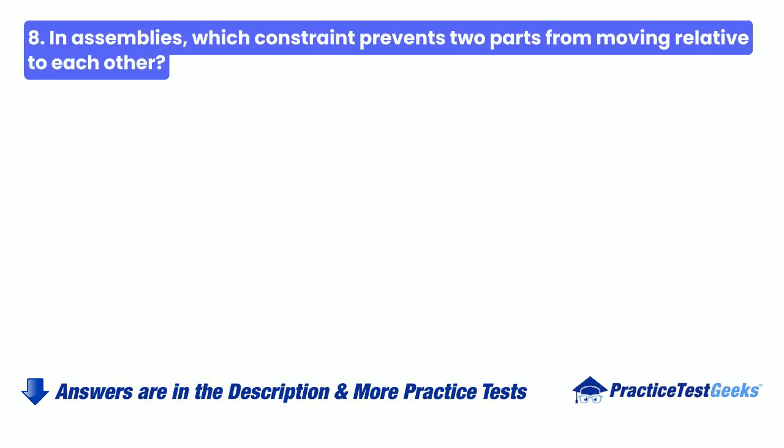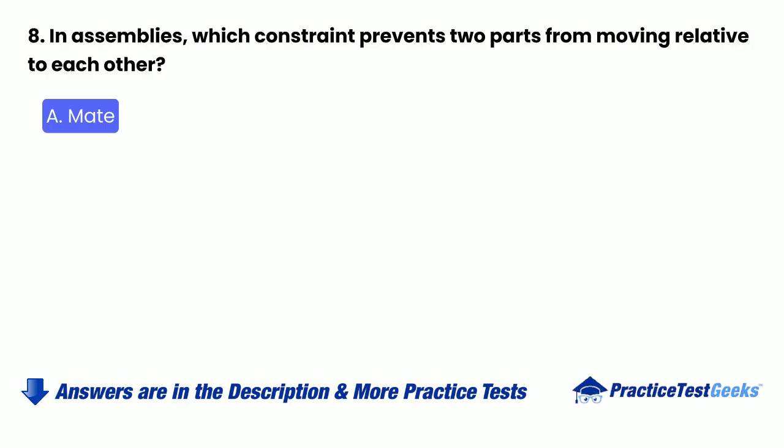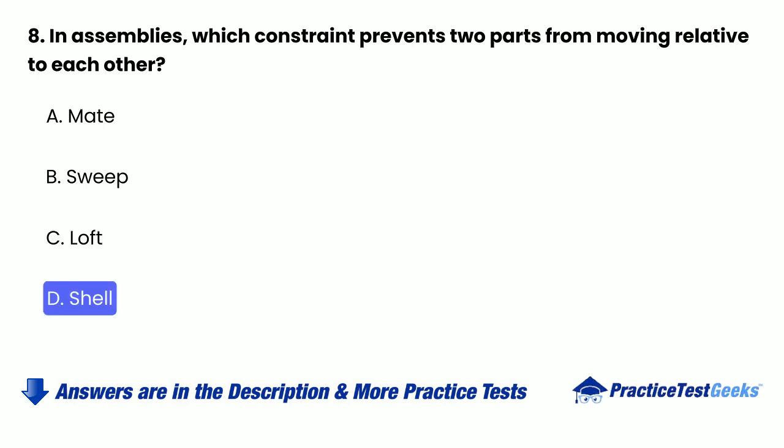8. In assemblies, which constraint prevents two parts from moving relative to each other? A. Mate B. Sweep C. Loft D. Shell